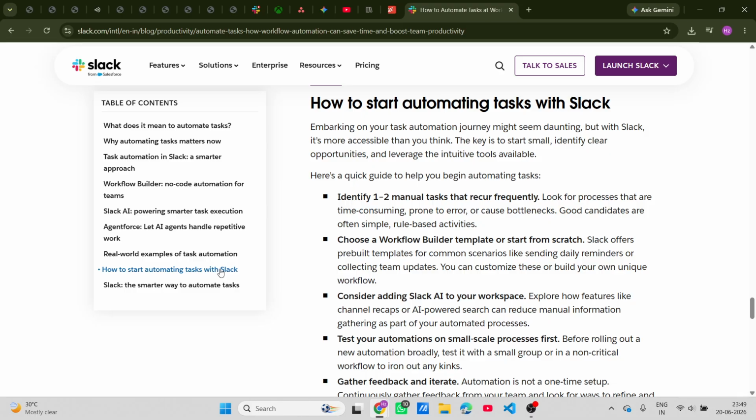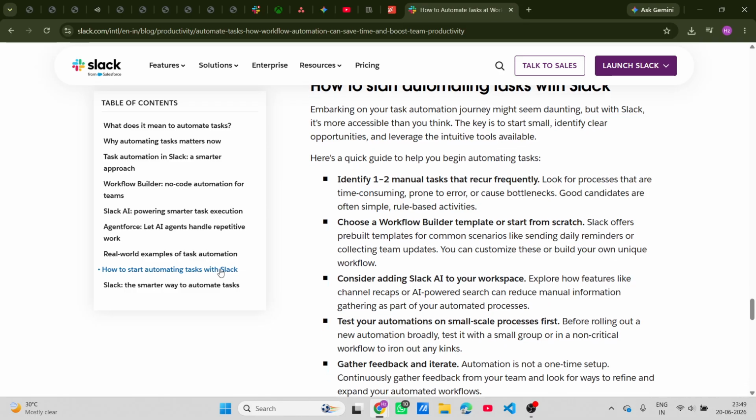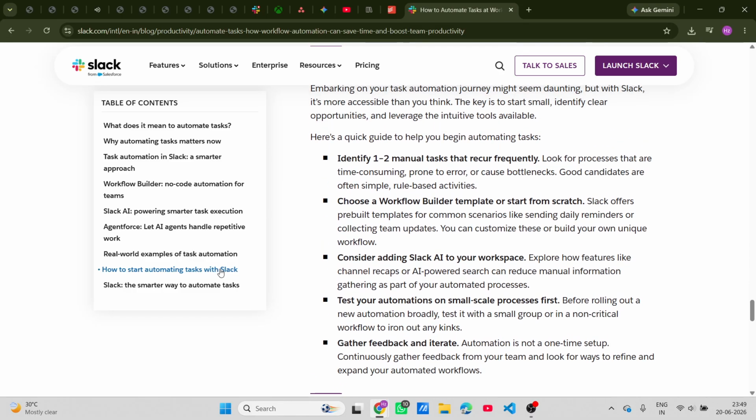The final step is to test and publish your workflow. Start by giving your workflow a clear name that reflects its purpose, and you can even assign co-managers to help maintain it over time. Before you go live, it's a good idea to test your workflow in a private or